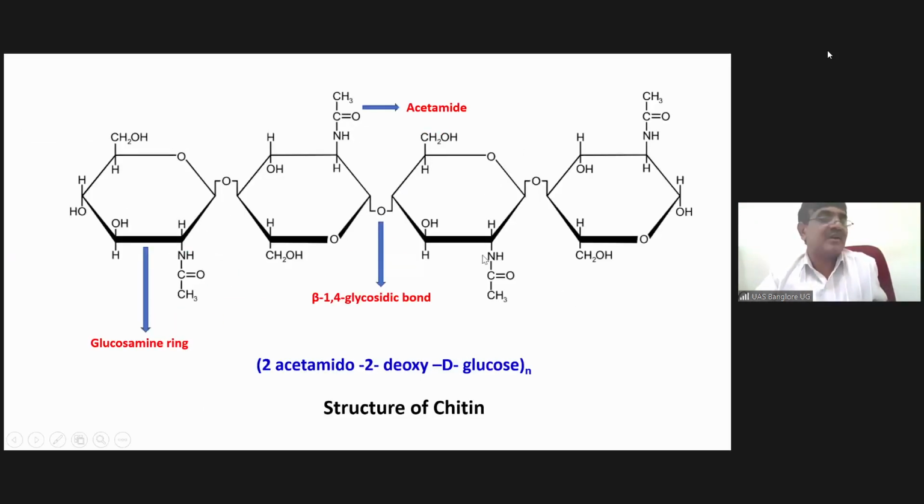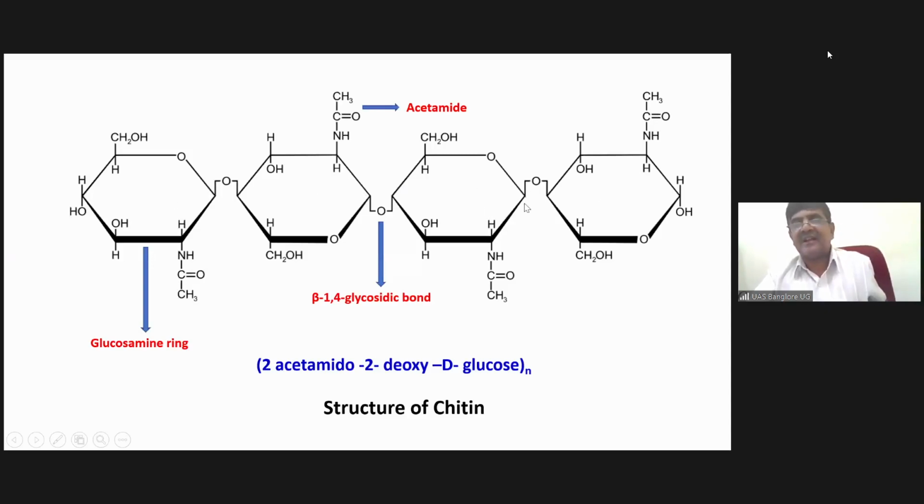So this is the structure of chitin. It is made up of a glucosamine ring. So this ring is the glucosamine ring. And also it is made up of an acetamide component. If you look here, this is the acetamide component and this is the glucosamine ring. So one